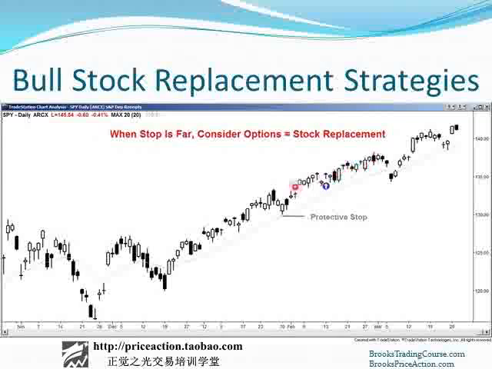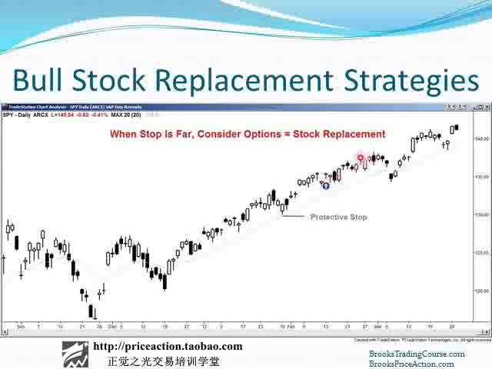Let's say instead of being long all the way down here, you're flat for whatever reason and you decide you want to buy up at this area. You know your stop goes down here, and if that results in a risk that's too big for you, don't buy the stock, just go ahead and buy the call. You might be able to buy an at-the-money call, 3 or 4 weeks out for $2. In other words, times 100 shares, your actual cost would be about $200.